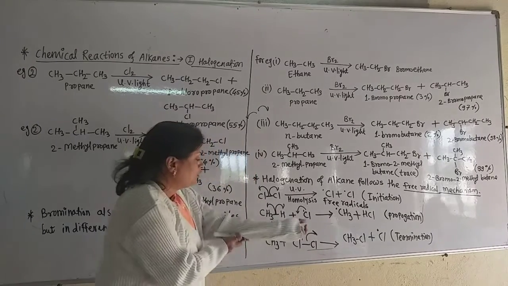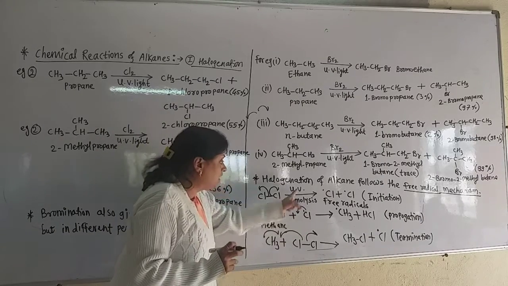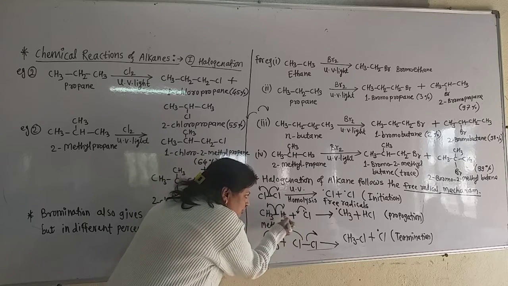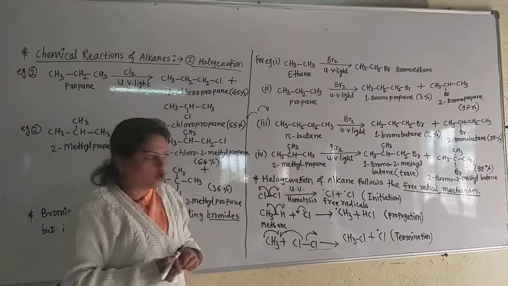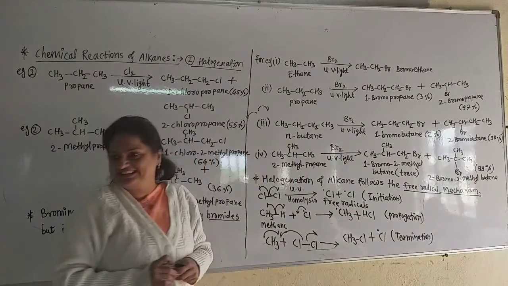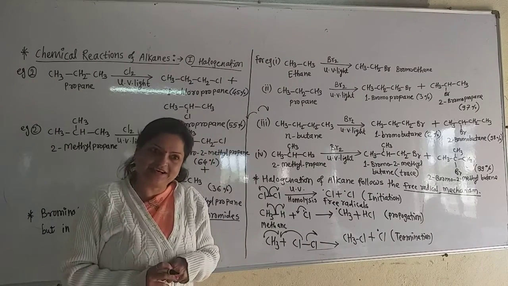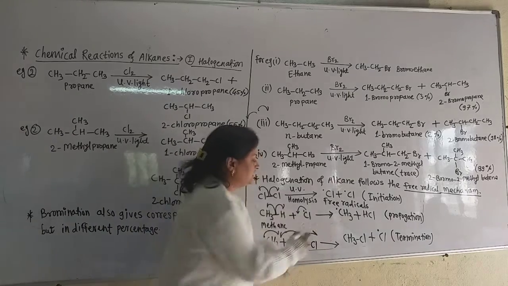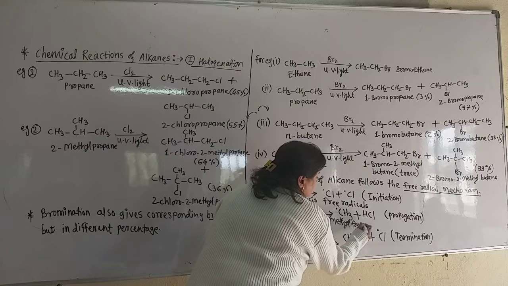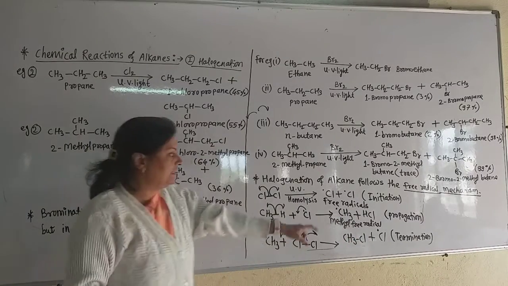But here the electron of hydrogen is not shown because it immediately reacts with the chlorine free radical in this way. That means there is formation of a bond by sharing of one electron between this H and Cl, and there is formation of HCl. But this methyl free radical is formed. You know that CH3 is the methyl group, so it is called the methyl free radical. This is the methyl free radical, and what is the byproduct formed? Hydrogen chloride is formed here.